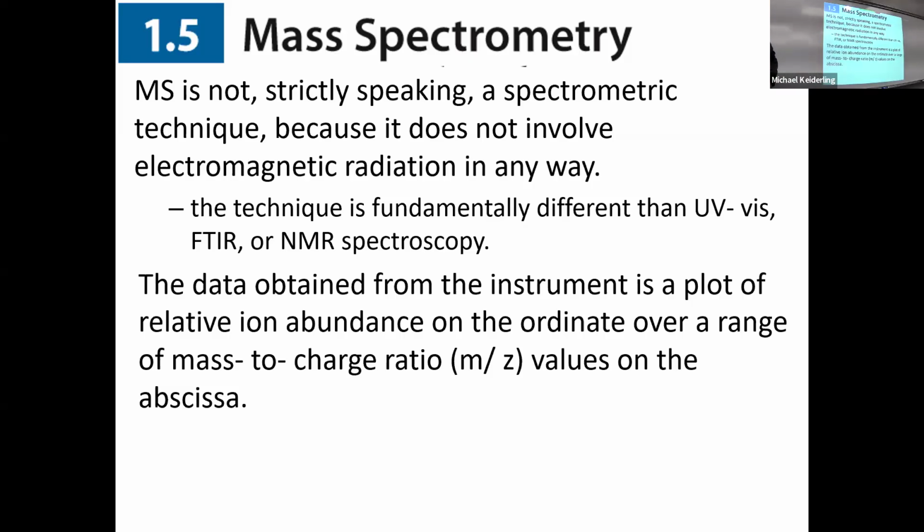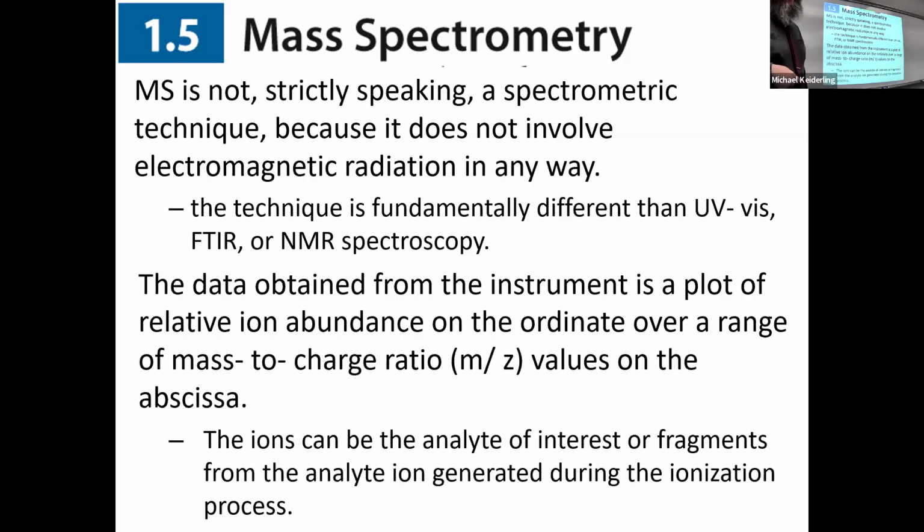While mass spectrometry separates things out by mass to charge ratio, the relative ion abundance of the mass to charge ratio values. So the ions of the analyte can be the analyte of interest or fragments from the analyte ion gathered during the ionization process. For quantitative measurements, the analyte of interest is useful